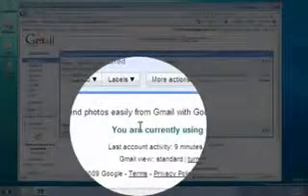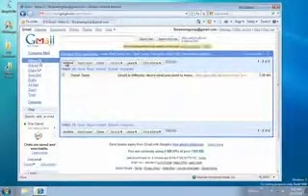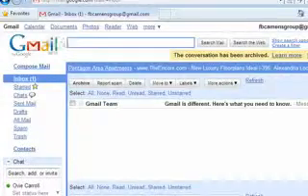Now, one other thing is Gmail gives you, you can see 7 gigabytes of storage space right here. Gmail is giving you 7 gigabytes immediately. You don't have to erase any emails whatsoever. But to keep them organized, you can select the email after you've read them and say archive. Now what that's going to do is take it out of your main view here. You see we got rid of it. But if we ever wanted to search for that email again, we can come up to this search bar